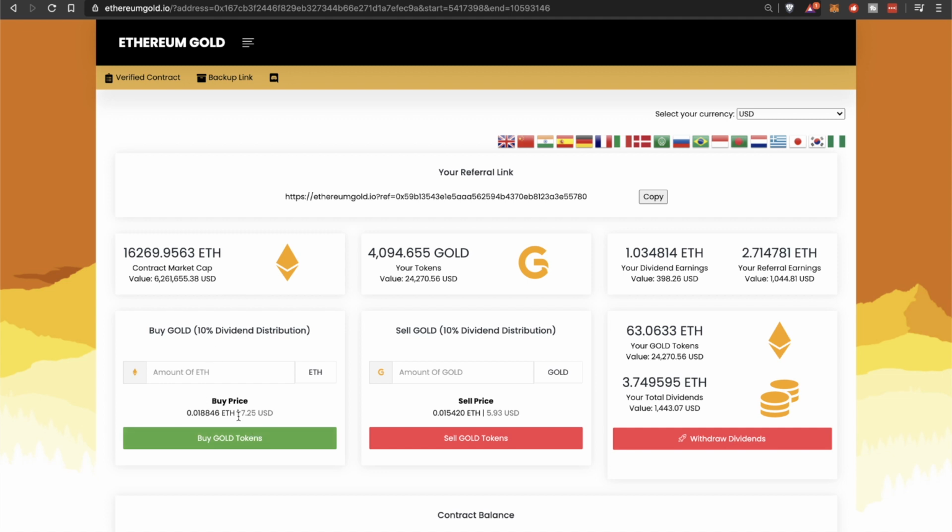But even if you get in now, like I said before, you're getting your skin in the game. Don't wait and think, oh, I'm going to wait for this to go down to $5 again, because it might not for the foreseeable future. And you're just going to be sitting on the sidelines and watching everyone else succeed in this. Equally, if you do go in right now and you see it start dropping to $5, $4, well, get ready to enjoy a nice stack of dividends. Because what I want to finish this video on, especially if you're looking at Ethereum Gold, is this: this is your vanity, this is your sanity. This number will go up and down, but your total dividends, this is your safe money. This is the Ethereum that you're banking as dividends, and it's not going to change.